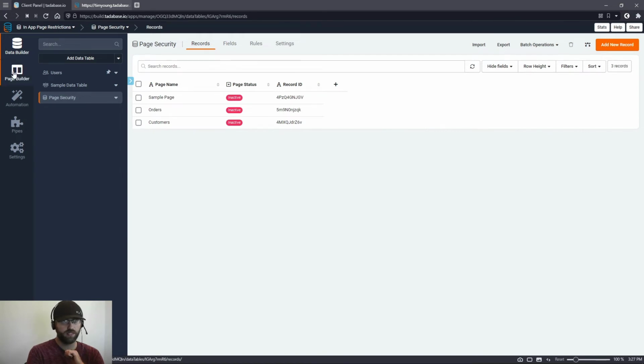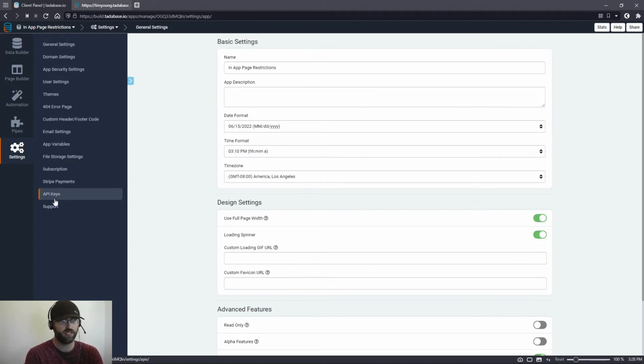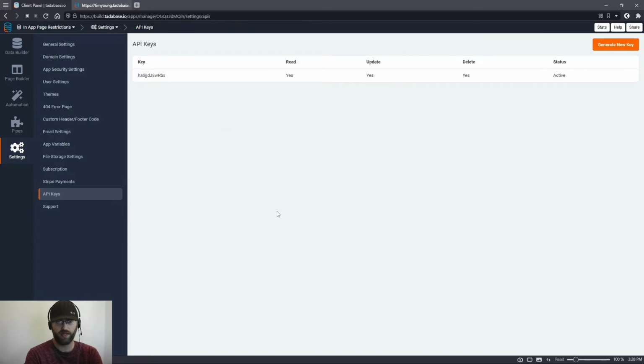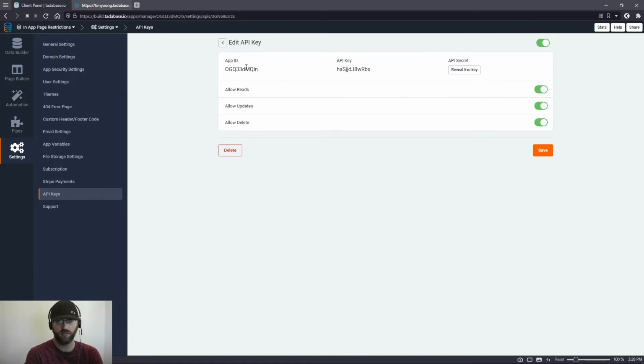Okay, so we're going to go and add our pipe now. All right, so this is going to be, actually, no, first we're going to do one more thing. We actually need to create our API key. So settings, API keys, generate a new key, and hit save. Okay, now we have a key, and when we click on this key, we will be able to see the details of this. Okay, so I'm going to copy all of this information off screen into a notepad, and then I'll reference it later. Okay, so I've copied that,